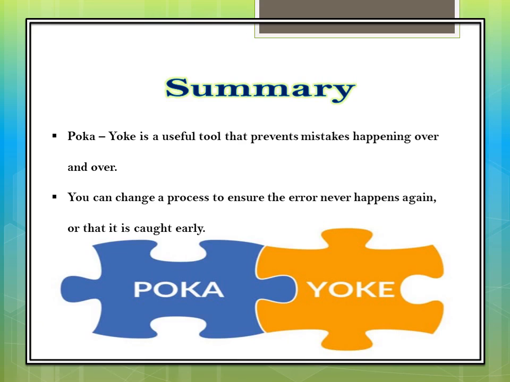The main objective of Poka-yoke is to achieve zero defects. It is used to create systems that prevent defects from occurring, and it is used to make the system catch defects which have just occurred and prevent them from continuing through the system. So remember that error is human nature, but intelligence is also human nature. So never stop finding ways of not making mistakes. That is all about the Poka-yoke.